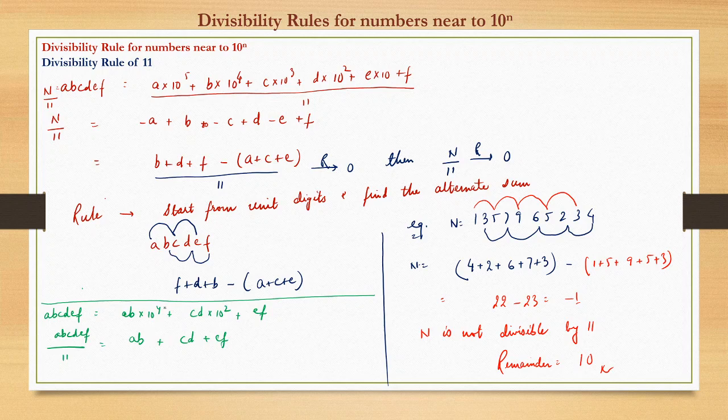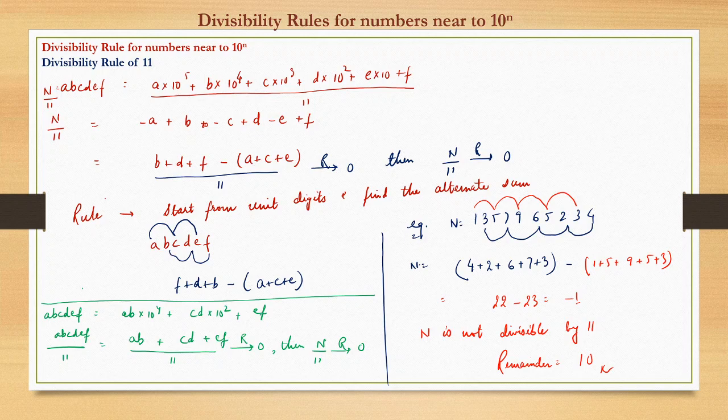So minus 1 raised to power 4 will give a remainder 1, minus 1 raised to power 2 also. So basically it means if we take 2 digits at a time, then we need not do alternate subtraction. Rather, it should be the sum of the two digits taken at a time. And if that sum is divisible by 11, then the number n will be divisible by 11. So this is what it means. But for that, we will have to take the numbers from the right hand side, right?